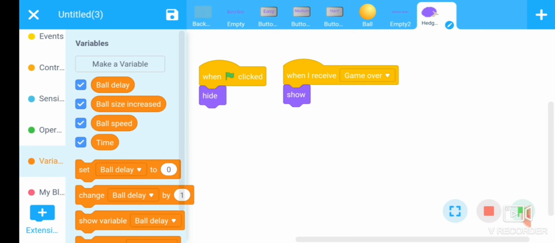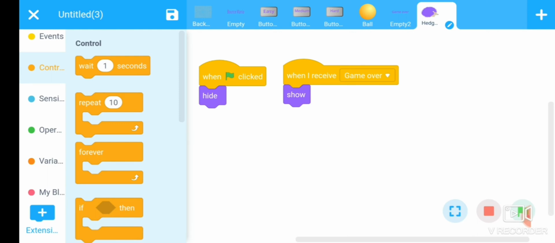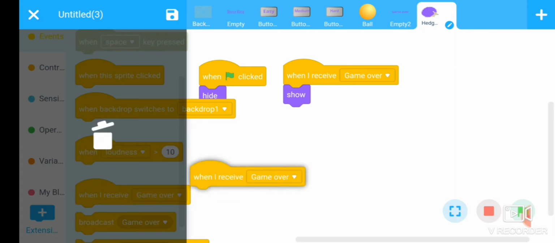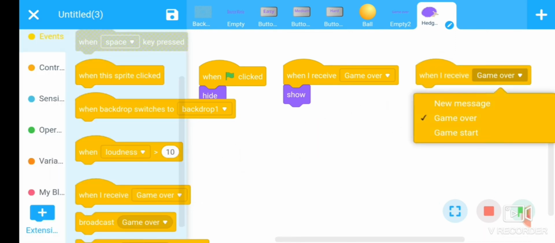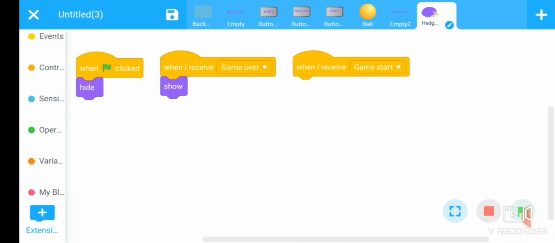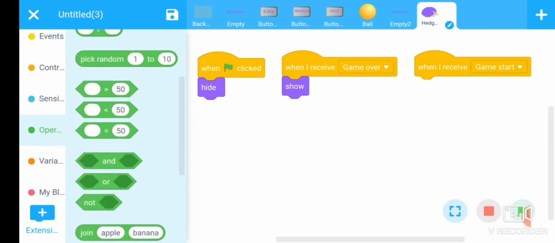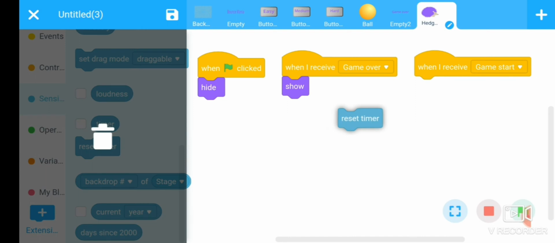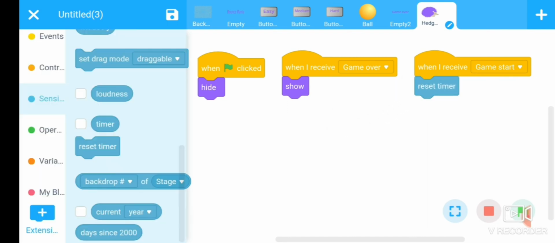When I receive the message game start, reset the timer. The reset timer command is present in the sensing section. Reset the timer.